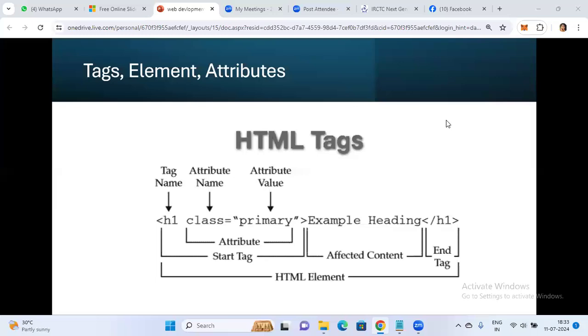Understood? So please, if you want to write, at least write, or if you want to take a photo of my screen, then do it. No problem. If you understand this concept, then it is very easy for you to work with HTML. Otherwise you might get confused. Okay. So this is all about it. Can I go to the next slide? Please confirm in the chat.